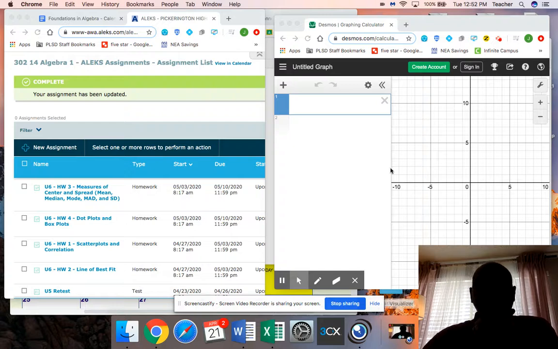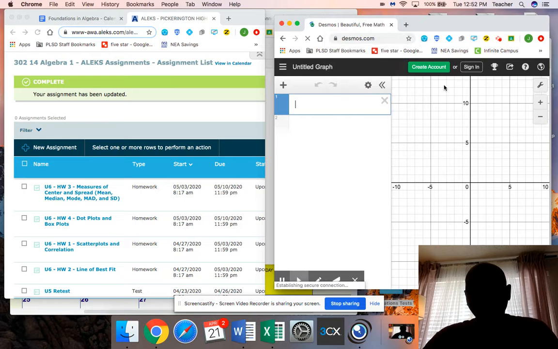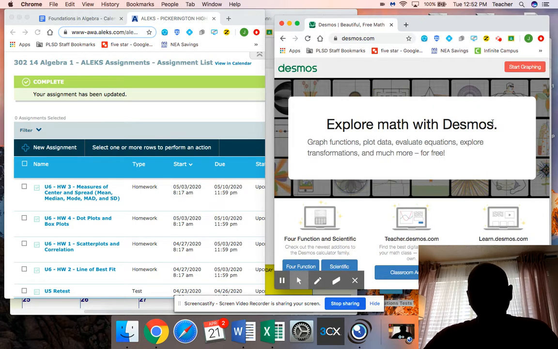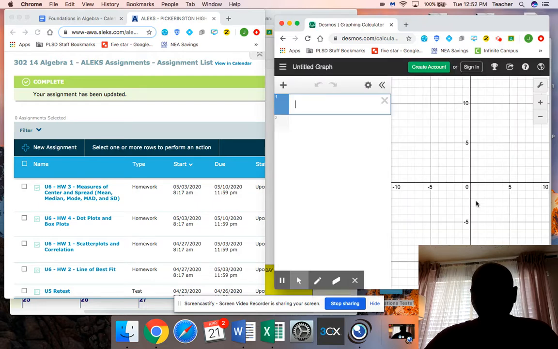And we're back. All right. I went to Desmos.com, and I believe that you can use a Desmos calculator or a version of the Desmos calculator on the AIR test. But I went here and I just started graphing. When I hit start graphing, I get something like this. Looks like that. Now, we can do all kinds of things in here, but right now we're going to focus